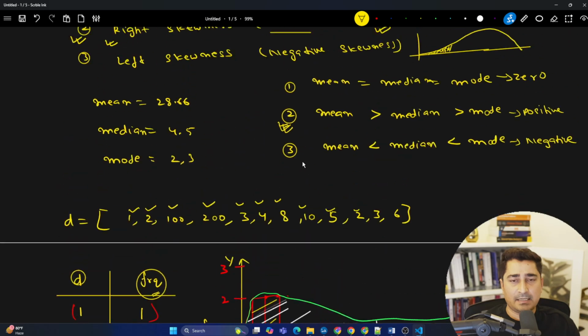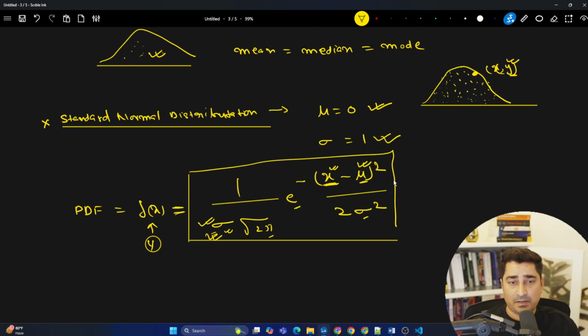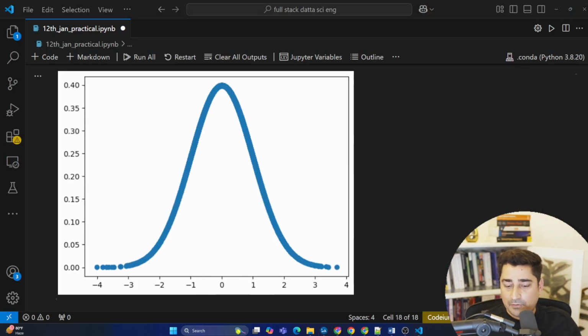Theory says that mean, median, mode should be equal. In that case, data should not be skewed. We are able to prove that. And standard normal distribution, yes, the data set is forming a standard normal distribution if mu is equal to 0. Now here, if you see, its middle point is at what? It's at 0, right? So yes, its average is equal to 0. And even by doing a mathematical calculation, we were able to prove the exact same thing, that it was actually 0. So hope this works fine for you.